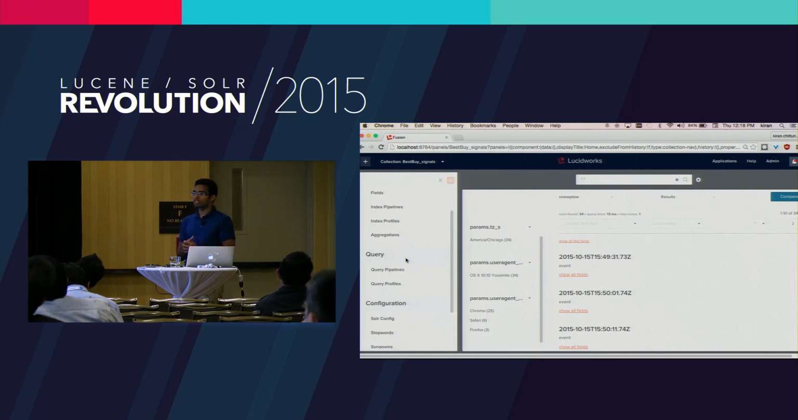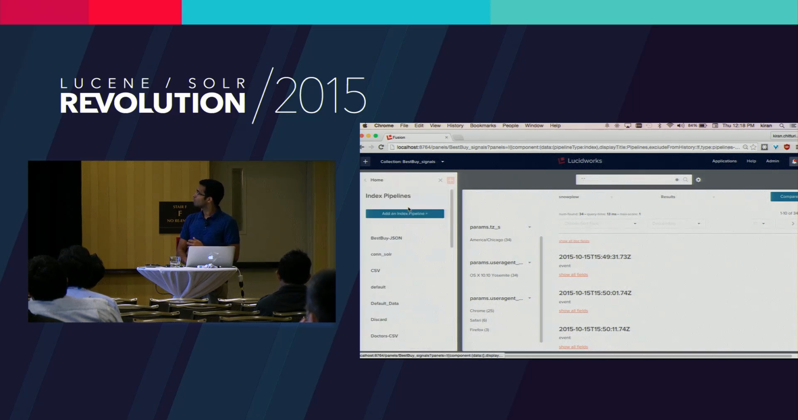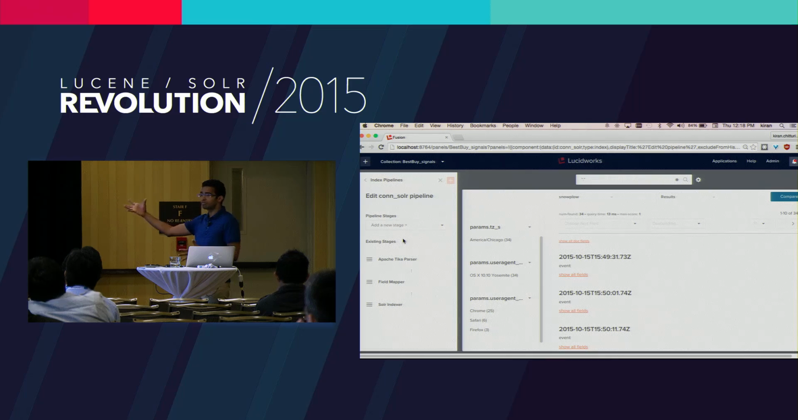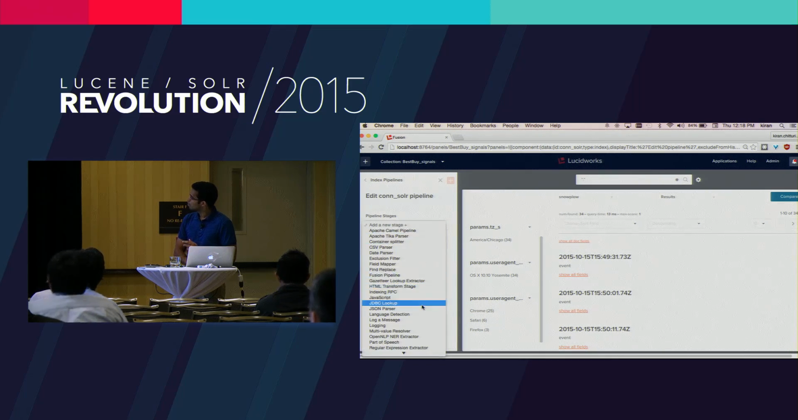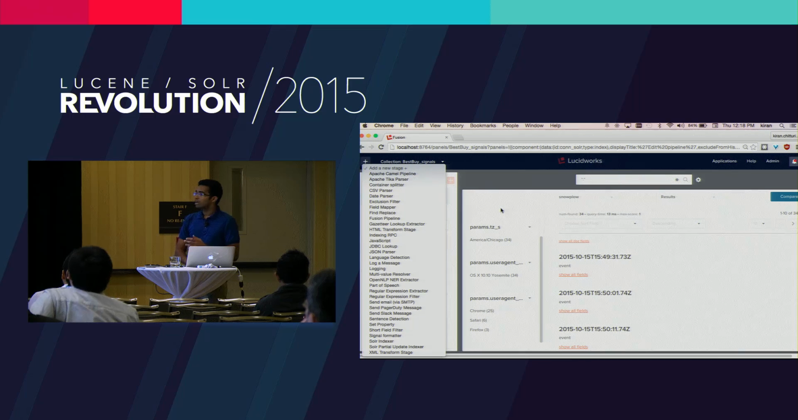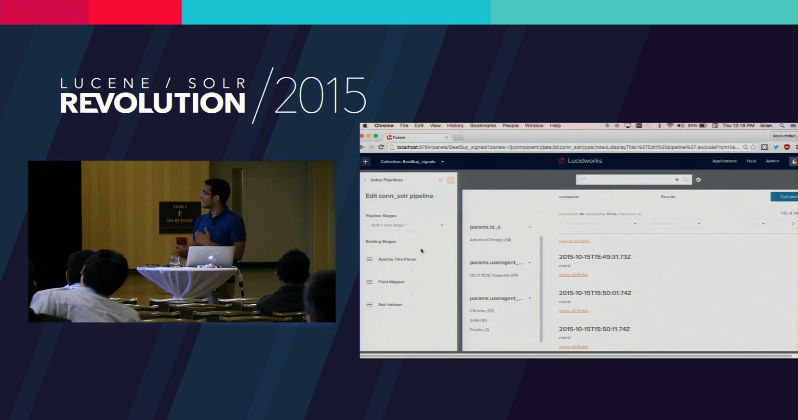When you send documents to Fusion, it goes through the pipeline that is configured, and then it will modify all your data. So if I'm sending some data to Fusion, I can choose a stage from all of these stages available so that I can modify my data so that it fits my needs more, and then I can add these stages and transform my document before it hits Solr. Similarly,